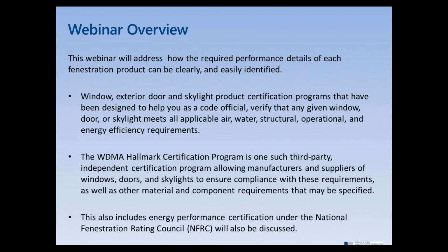As a code official, you know the importance of the structural and energy efficiency requirements for fenestration. They are critical to ensuring the structure is protected from environmental hazards, such as water intrusion and high wind, energy efficiency of the building, and, at the same time, meeting other requirements related to occupant comfort, safety, and health that may be specified. We will discuss window, exterior door, and skylight product certification programs that have been designed to help you as a code official verify that any given window, door, or skylight meets all applicable air, water, structural, operational,